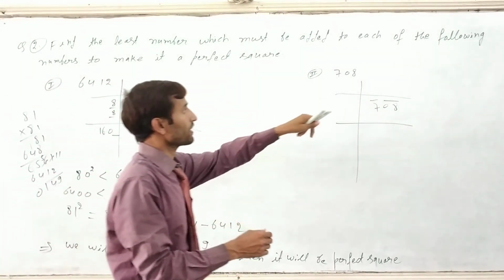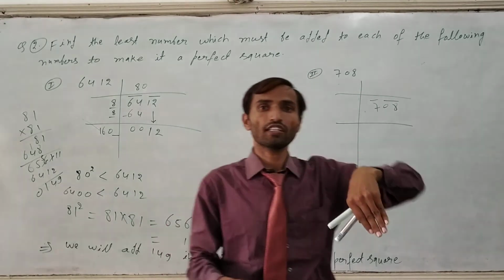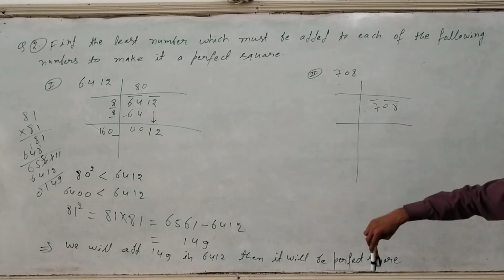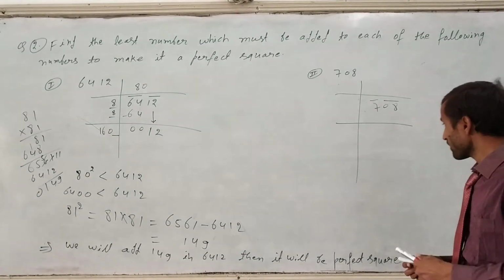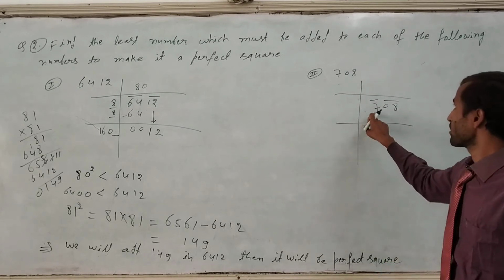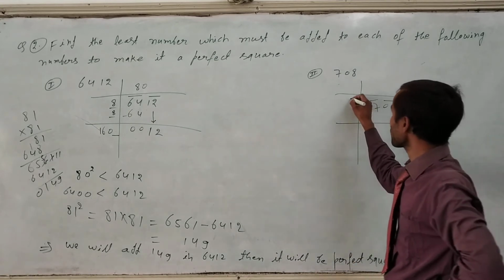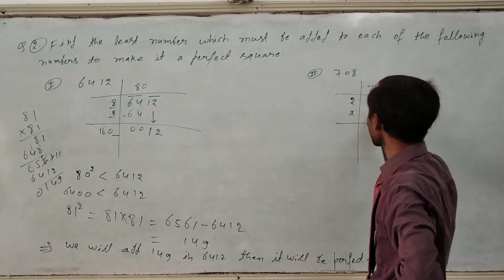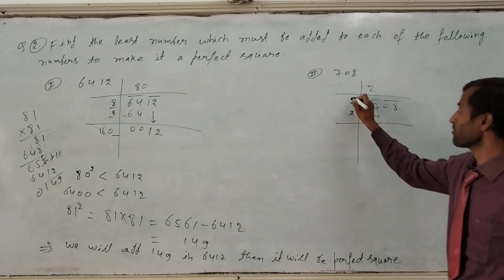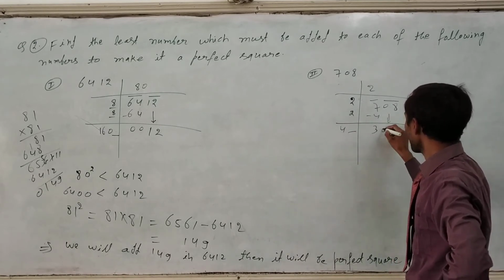So just find the quotient, means what quotient will come, then the next digit will come, the next integer part we have to make a square, then we will subtract this number from that square number, then we will give the answer. Before that we have to apply this. The square number less than 7 is 4, so 2 to the 4 will come here, so we have to multiply 2 by 2, then subtract 7 minus 4, 3 will come, then we have 2 plus 2, 4 will come, and then you have to write down here 0, 8 value.